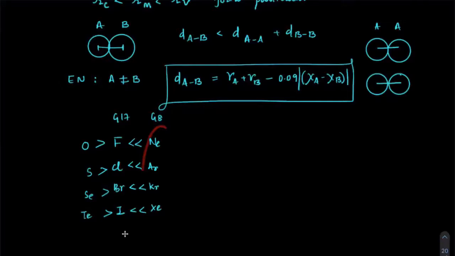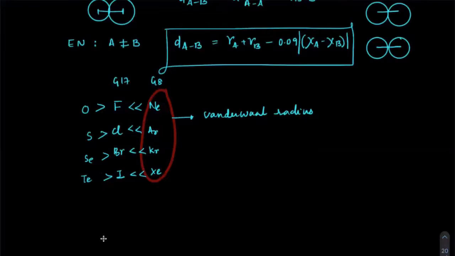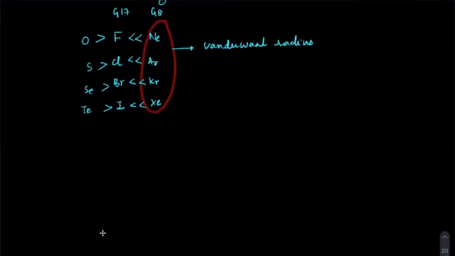because group 18 only has van der Waals radius, while group 17 has covalent radius. Their van der Waals radius is not to be compared because that is a molecule. So you are comparing a covalent radius with a van der Waals radius, and that's why you will see their sizes are bigger. In general, till halogens atomic size will decrease, and from halogens to inert gases, suddenly it will increase. Is this point clear? Yes, sir. This is an exception from left to right.